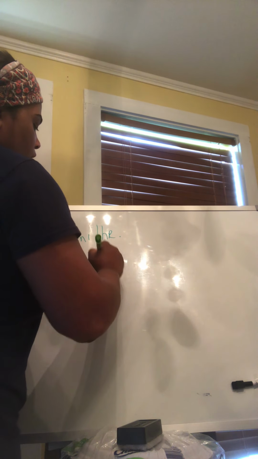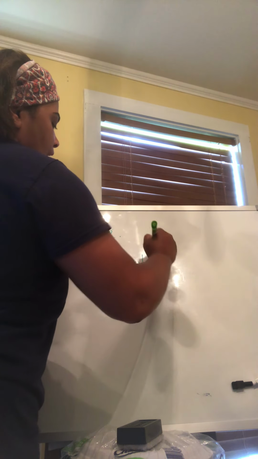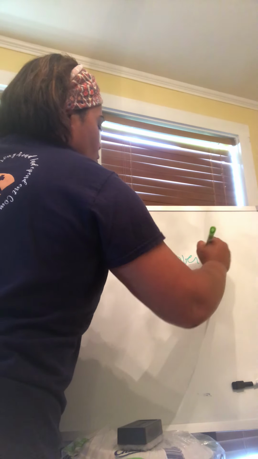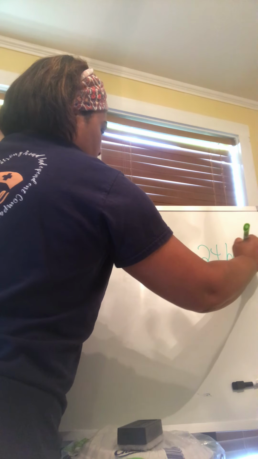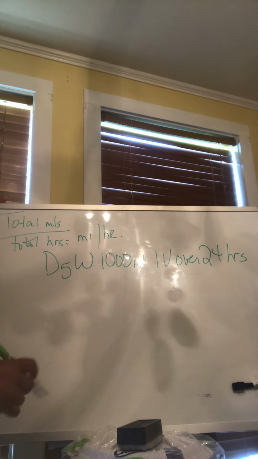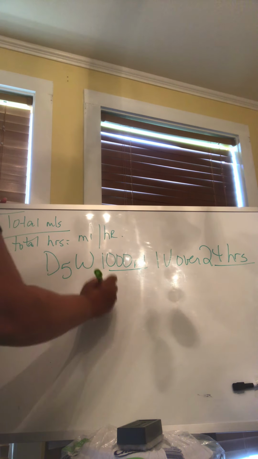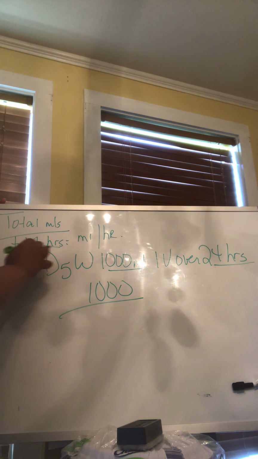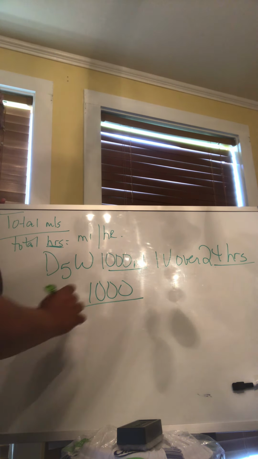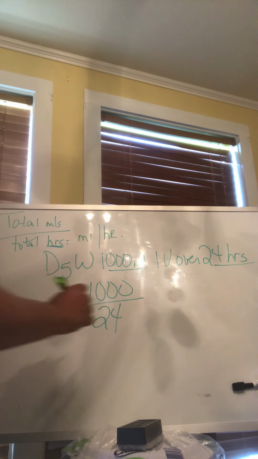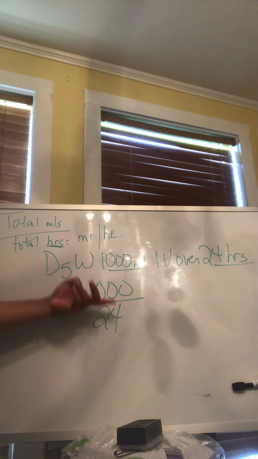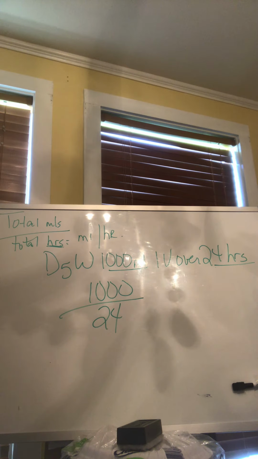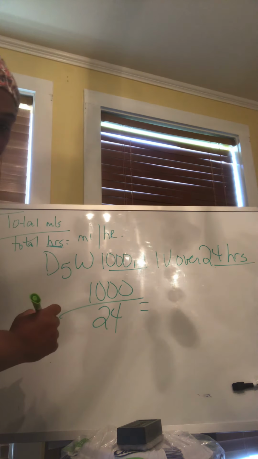D5 1,000 milliliters IV over 24 hours. Okay? So we just plug what we know in. Total milliliters is 1,000, and it's over 24 hours. We don't have to change anything because it's in hours. So if we do our formula in our calculator, we end up with